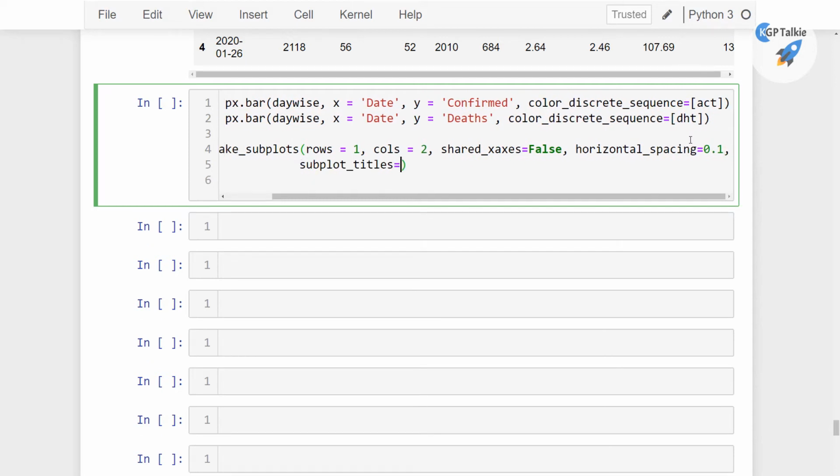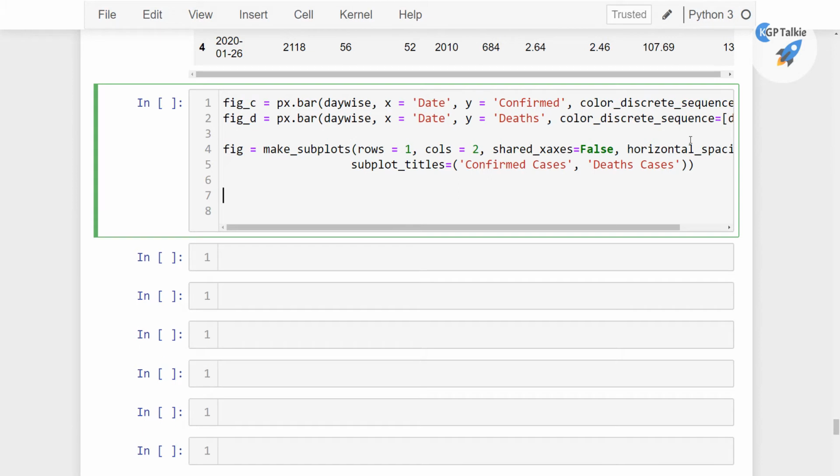Alright, then we have subplot_titles. In these subplot titles, we are going to have first confirmed cases, then death cases. Alright, now let's go ahead and add these two traces for confirmed and death cases into this figure canvas. That we can do with fig.add_trace